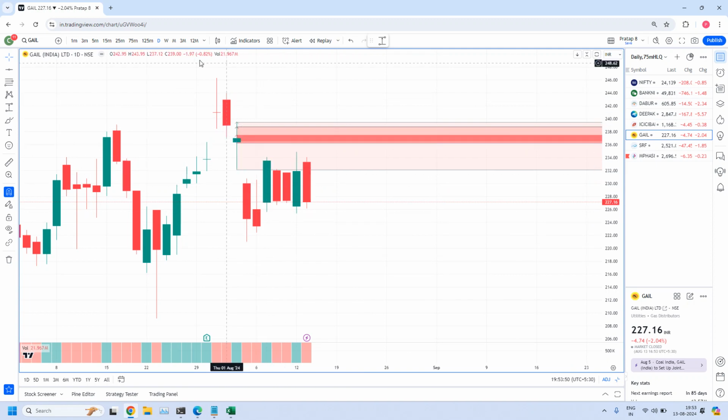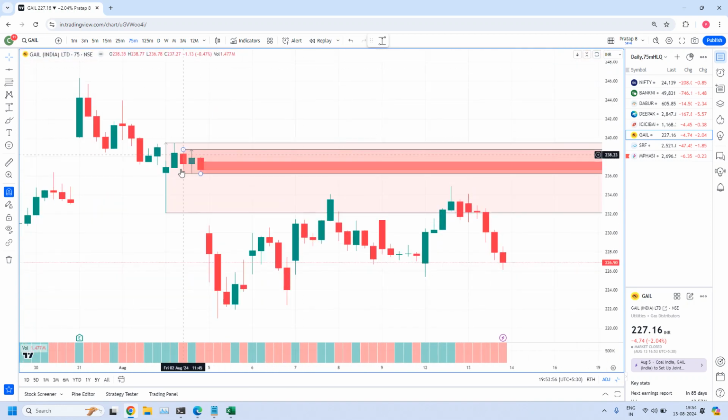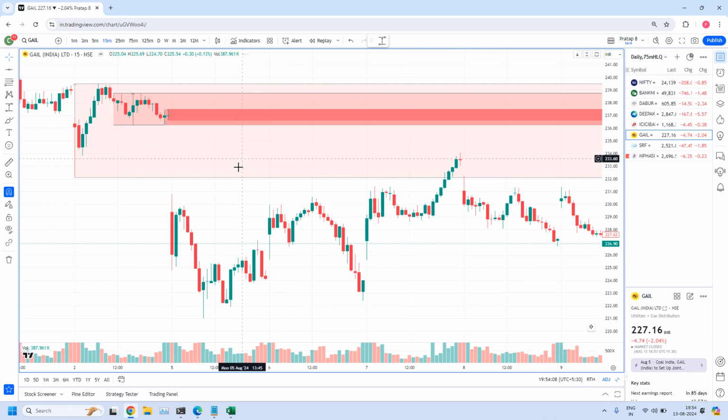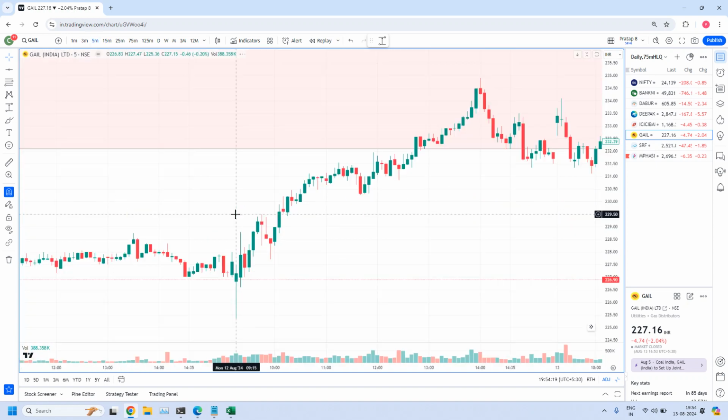Within this drop base drop, we fine tuned with 75 minutes time frame. This is the one: rally, 3 base candles and drop. This is the 75 minute zone fine tuned. Again this 75 minute zone is fine tuned with 15 minutes time frame. See here, 15 minutes, we have a drop, we have 3 base candles, and again a drop candle with hidden body. Within this 15 minutes, again we have a fine-tuned 5-minute zone.